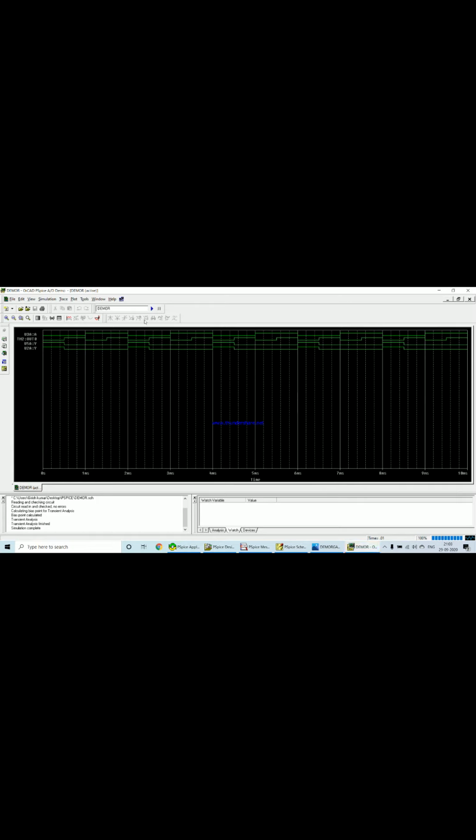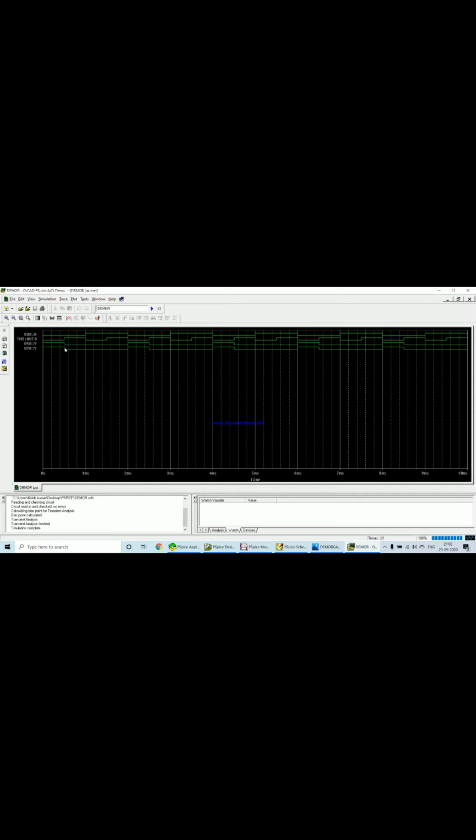So I clicked on simulation. Now I'll get a waveform. So this is the waveform which I have got. The first input, whatever you see, is A, the second one is B, the third one is X, and the fourth one is Y. This is the nomenclature given by the software by default, where we need to think of this as A, this as B, the third one as X, and the fourth one as Y.